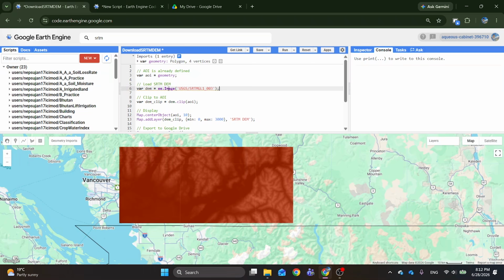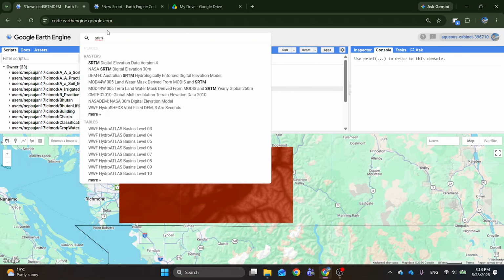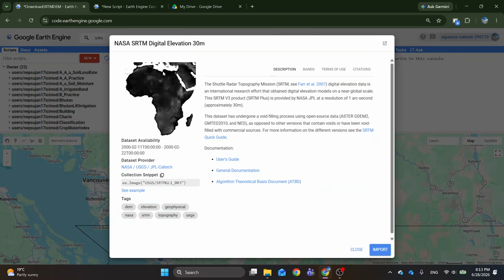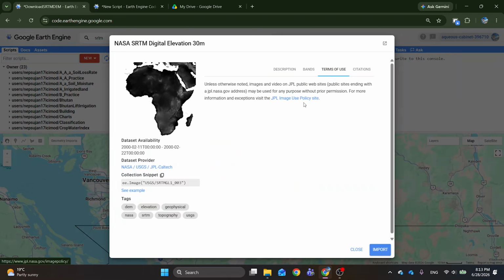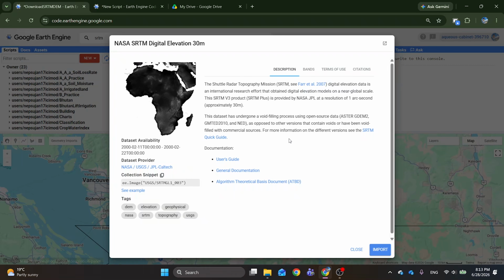So I'm going to select the SRTM digital elevation model, which is freely available in Google Earth Engine. You can just go here and search for SRTM, and you can select the reliable digital elevation model that you want to see. The global product is the NASA SRTM digital elevation model, which has the resolution of 30 meters. You can just go here and check all the details, like what information is there, and what the citation policy is, that if you are using this DEM in your work, then these are the references that you have to provide, right? Yeah, if you want to use this data, this is the code that you have to take